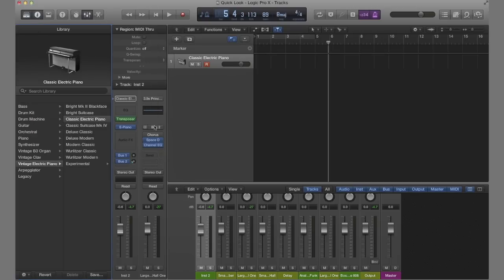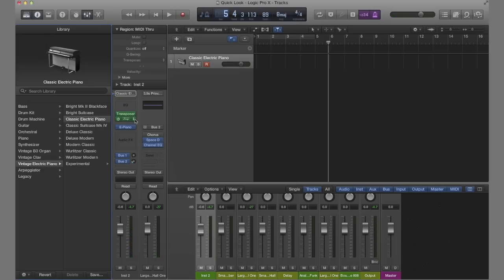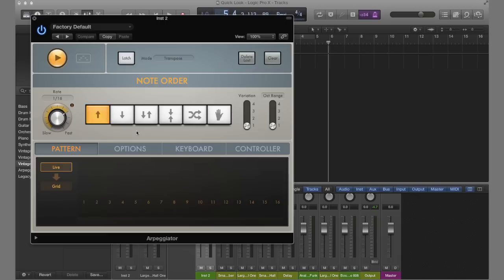Now also with MIDI effects, just like any other audio effect plugin, you can add multiples of it. So you can go ahead and add a Chord Trigger and a Can't Go Wrong, I guess, which I don't see the point in that. So poor example. But oh, you can add an arpeggiator. So if I want to stay in key but arpeggiate,